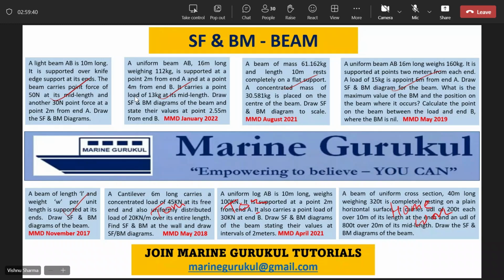I'll be winding up maybe 15-20 minutes ahead of time because I'll be traveling back to Panchkula tomorrow. So let's connect at 9:30 sharp. We'll start at 9:35 for sure, and we'll cover as much as we can. So see you tomorrow, guys, 9:30. Then please review them, and if you have any doubts, please feel free to